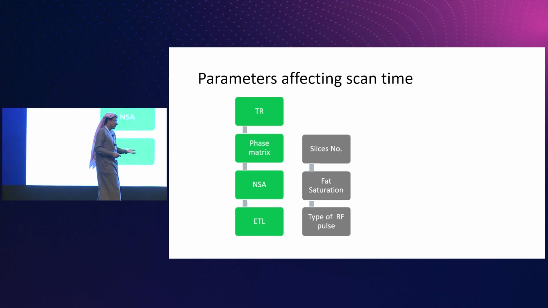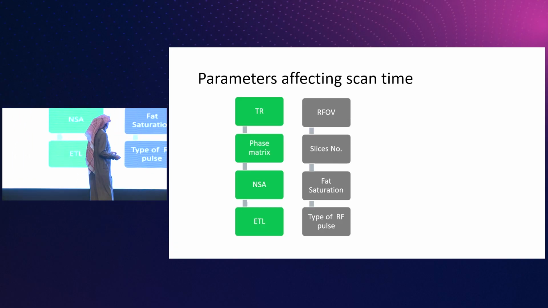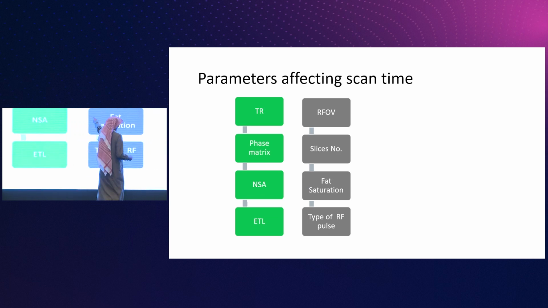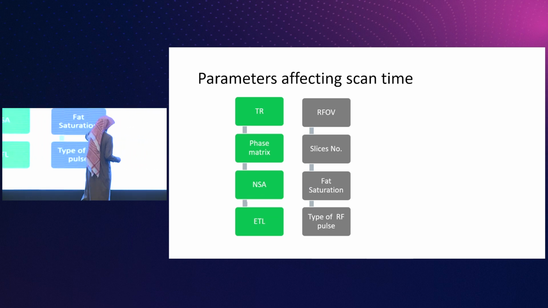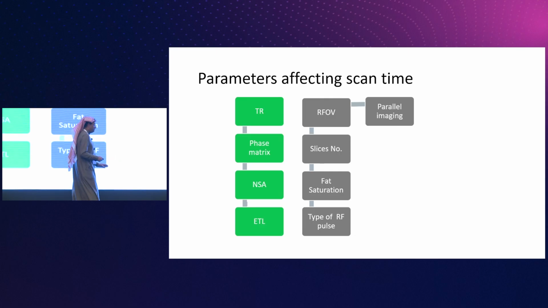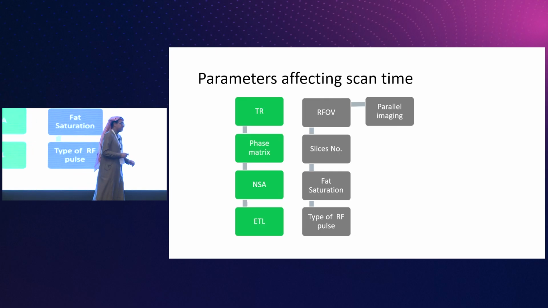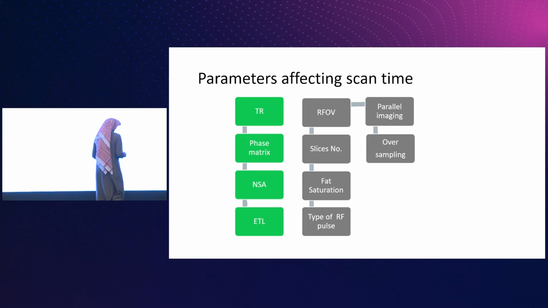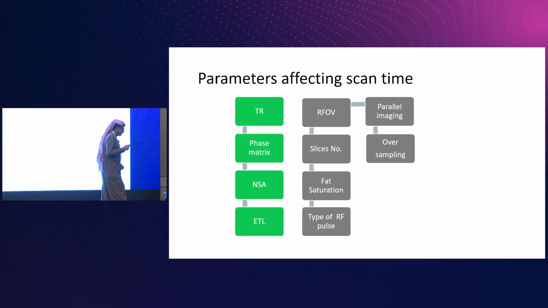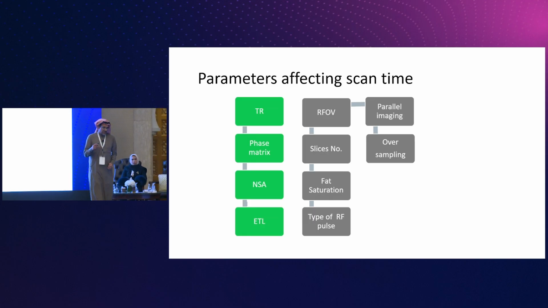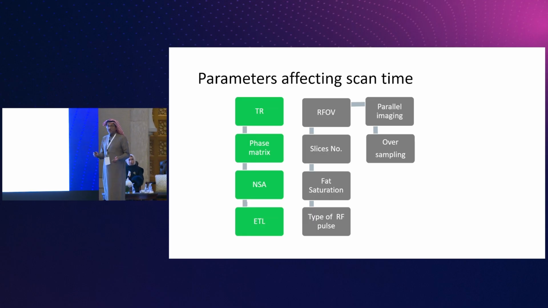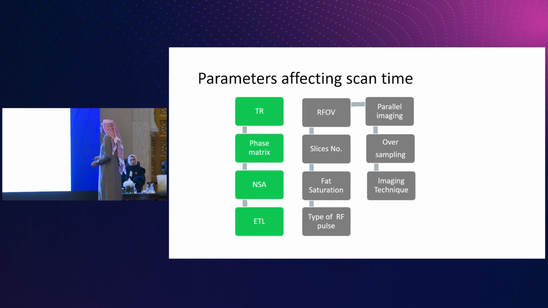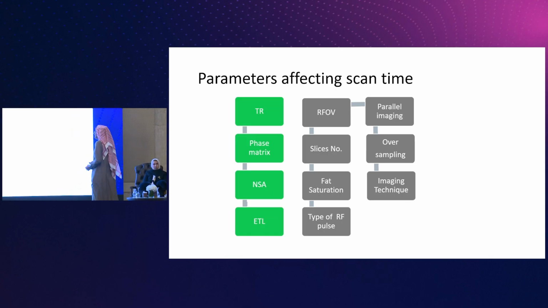Slice number also will increase it. RF field of view, no. This is matrix. So it goes back to the same equation. Parallel imaging also is a different technique, but it reduces scan time. Oversampling does increase TR, and it affects scan time. Imaging technique,